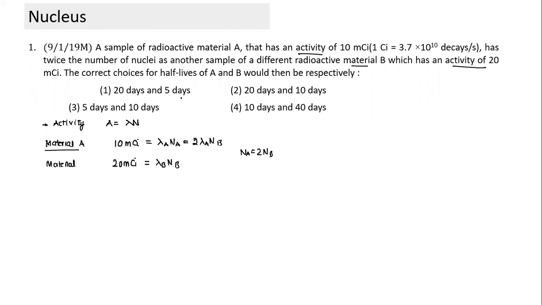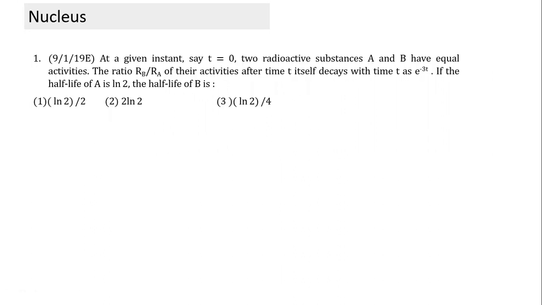Okay. What we need to find here, this is the information given. What is the ratio of half-life? If I have to calculate the ratio of half-life, what is Ta by Tb equal to? The ratio is lambda B by lambda A. So if we take the ratio, we can easily find it. We substitute lambda A and lambda B, and the ratio comes out to 4:1. Half-lives are in the ratio of 4:1. Only one option matches. So this is pretty simple, based on the principle of activity and simple substitution. Next question.